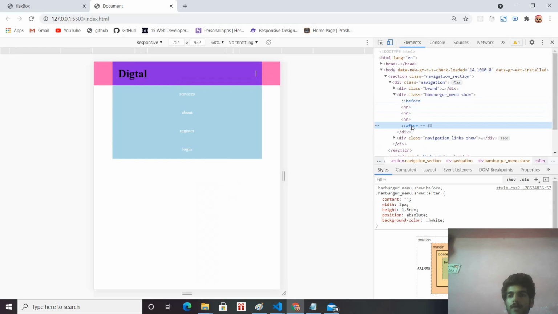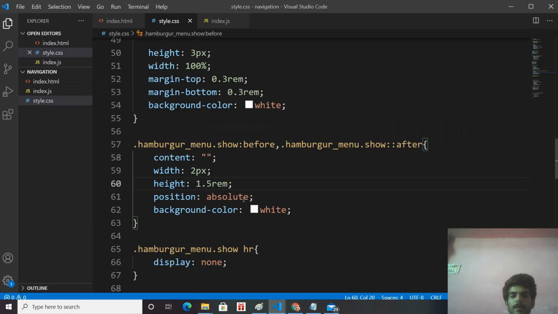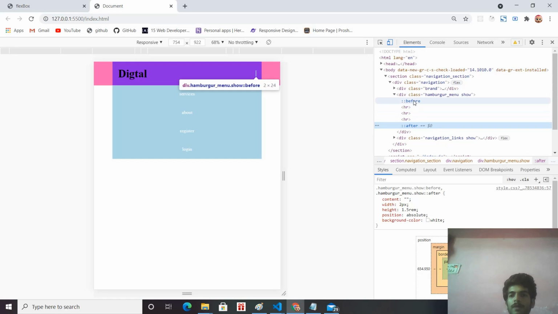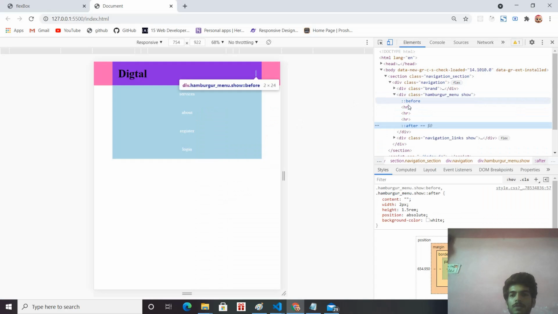So before and after are the same because we have given position absolute. That's why now the before element is not on the left side and the after element is not on the right side of our container, because we have given absolute position. So that's why they are in the same position.